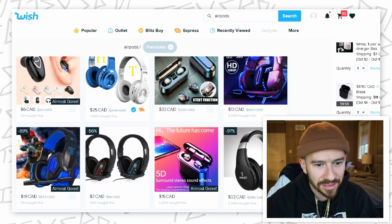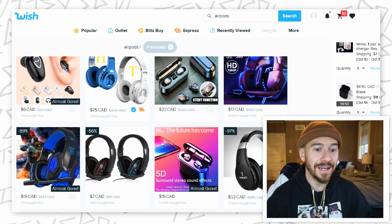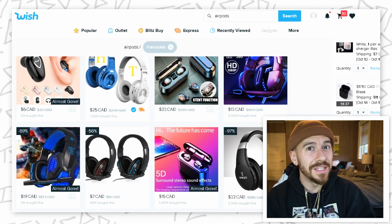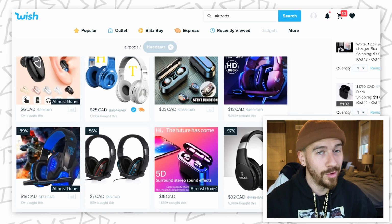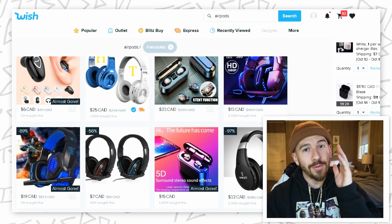In total, it's gonna cost us $200. So it's almost 20 bucks per AirPod. That's not bad. Normally you get 1 pair of AirPods and we're gonna get 10. So even if one of these is good, this is gonna turn out to be a bargain. But if more than one is good, we're vibing. So with that being said, ladies and gentlemen, I'm gonna place the order and then I will see you guys